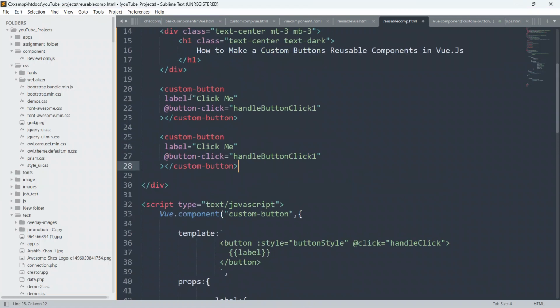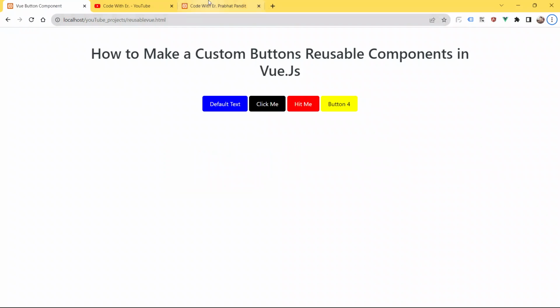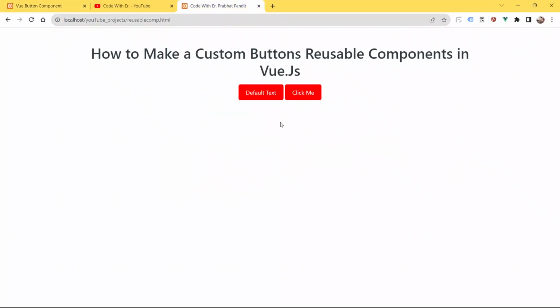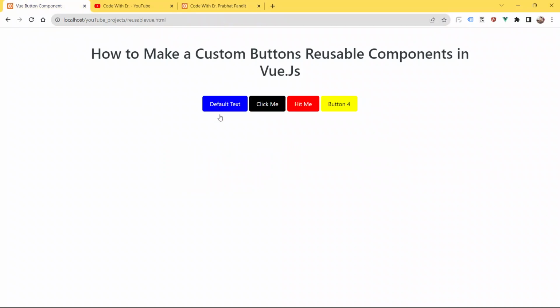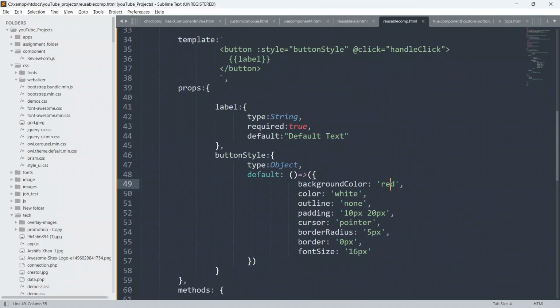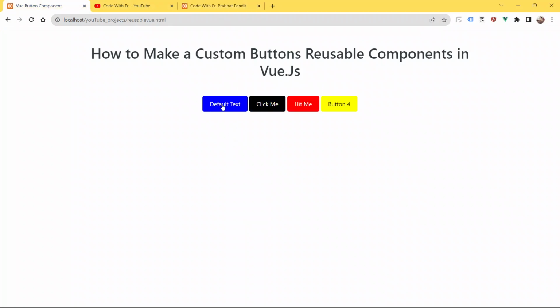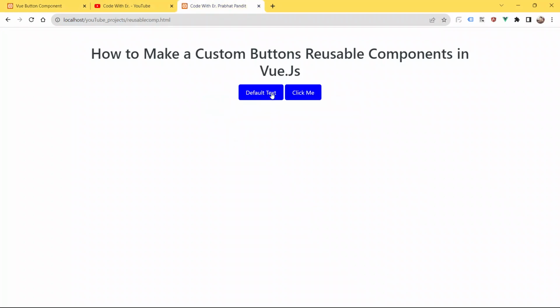Just remove this label, we don't want this, and now save your code, go to the browser, and refresh the page. You can see the default color is blue, so give here blue. Now save your code, go to the browser, and refresh the page. As you can see, default text.